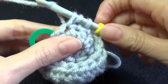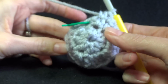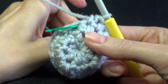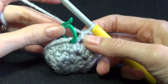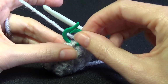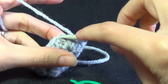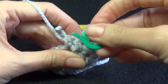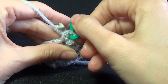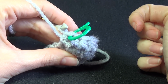And what we need is 6 rounds of half double crochet, just 1 in each stitch, and we just did 1 of them. So what we want to do is repeat that last row. So we move our stitch marker, half double crochet into that stitch, replace our stitch marker. We want to continue on for another 5 rows, placing 1 half double crochet into each